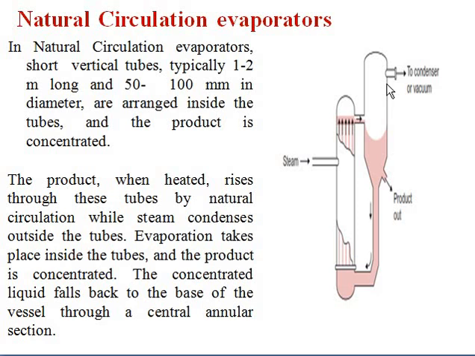So from here we can see that this one is the natural circulation evaporator, means naturally it will move downward, and after evaporation, after boiling, after heating, it will move upward, and it will again go into this section. When we require our desirable concentration, it can be removed from this section. Clear? So the product that has concentrated we can remove, and the product that still has moisture content will be recirculated. So this one is the natural circulation evaporator.